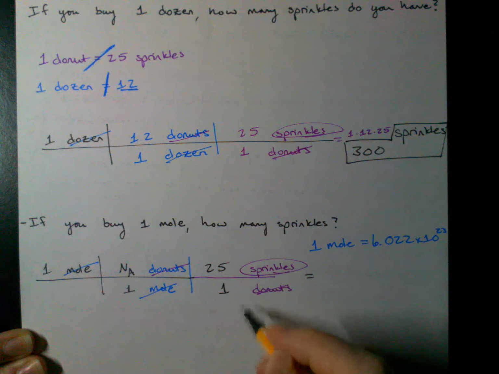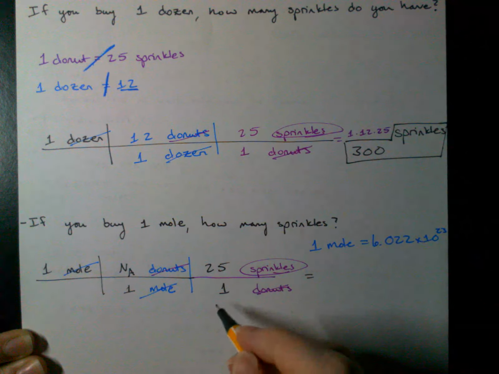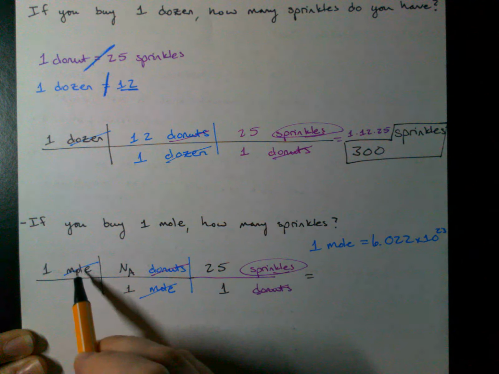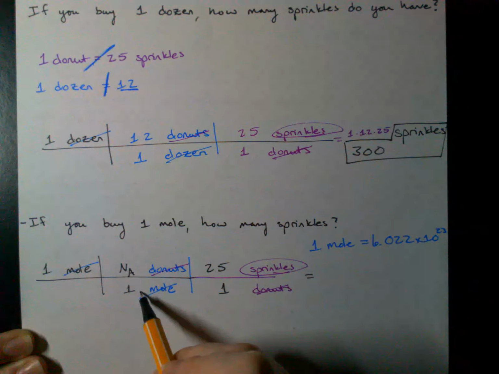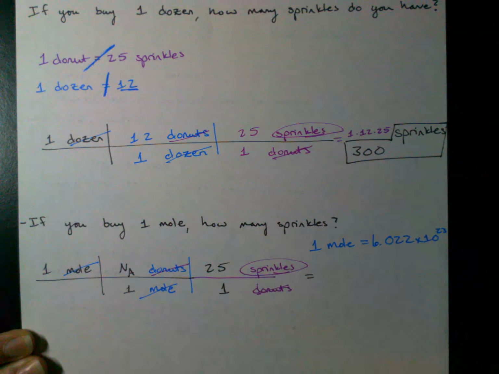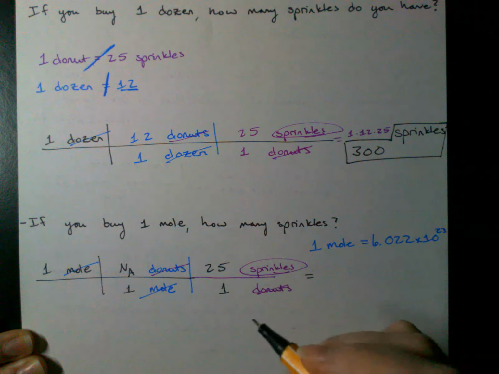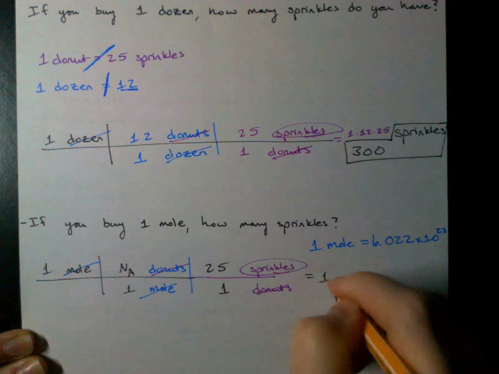Anytime you have numbers on the bottom, you've got to divide by them. Okay. You can use parentheses and do top divided by bottom, but you need to be careful because you can't do this times this times this divided by that times that. Okay. If it's on the bottom, it needs to be divided. However you get there. So if I do 1 times Avogadro's number times 25, I get